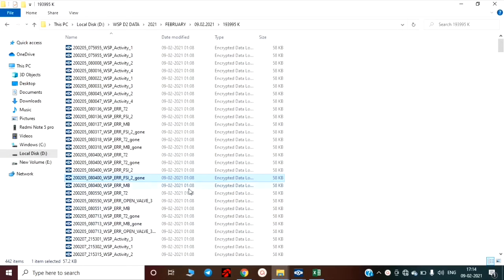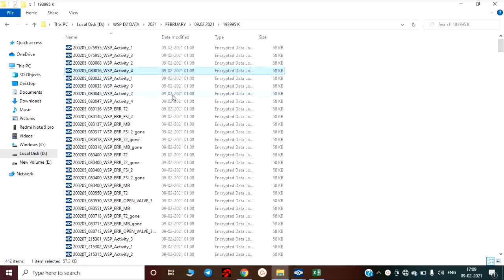The file name of the data has two parts: numeric and text. The numeric part shows the date and time. The text part explains the event. So the date is given in a year, month, day format with 2 digits for each, and time is given in an hour, minute, seconds format. Both these time stamps would contain 6 digits each.